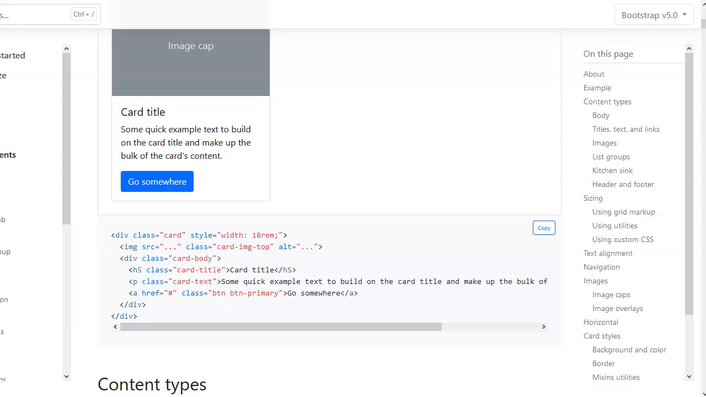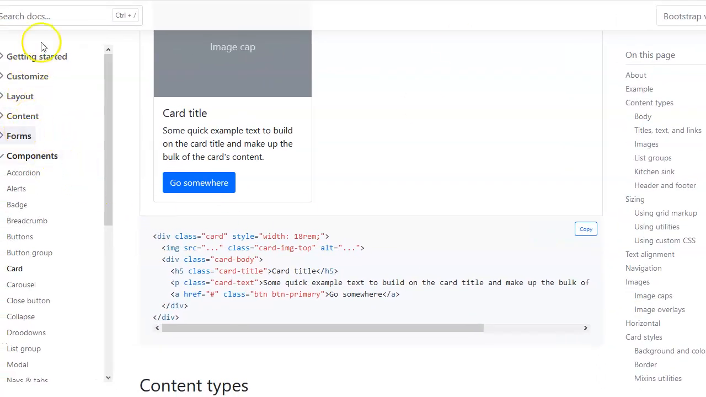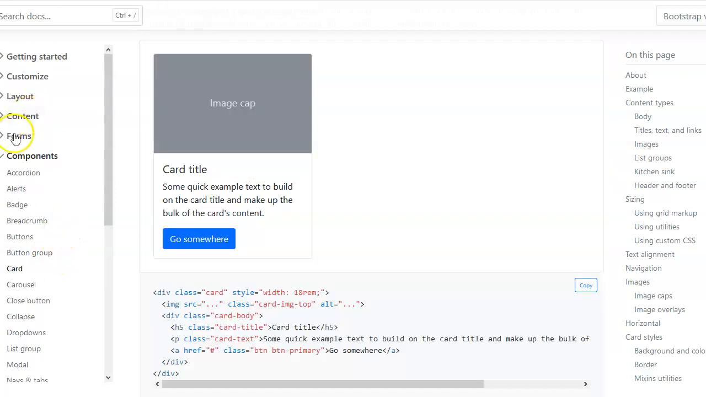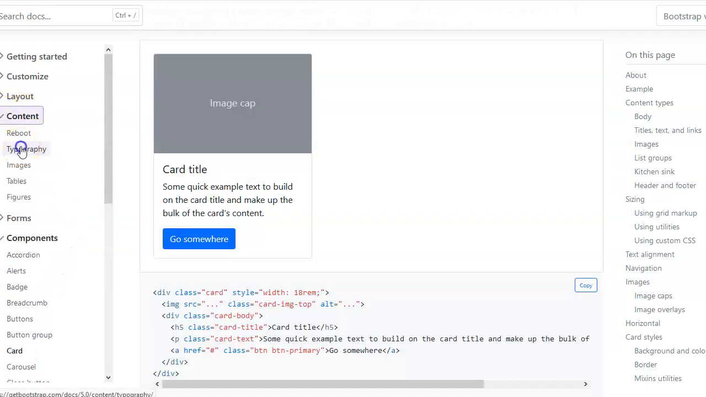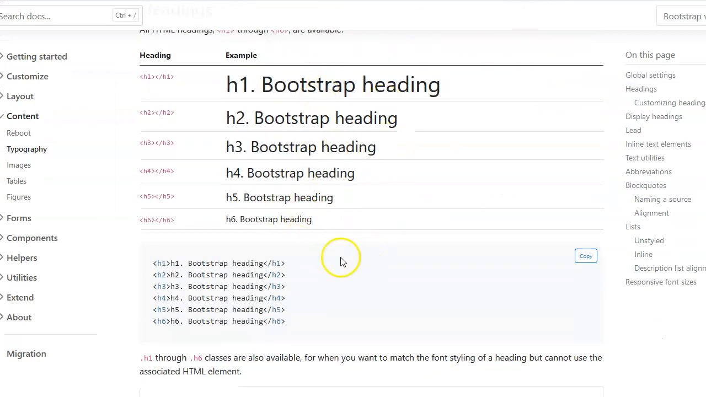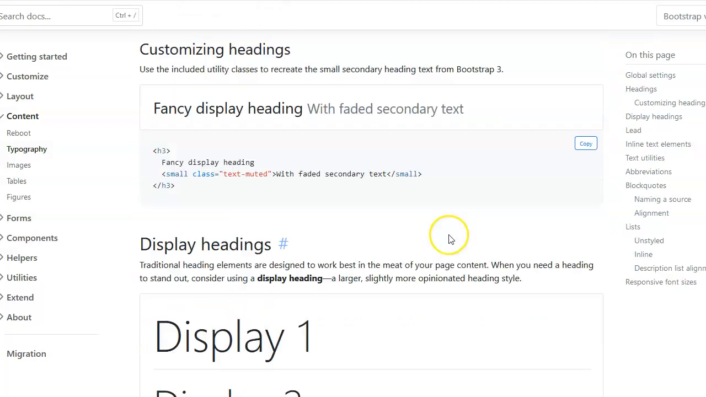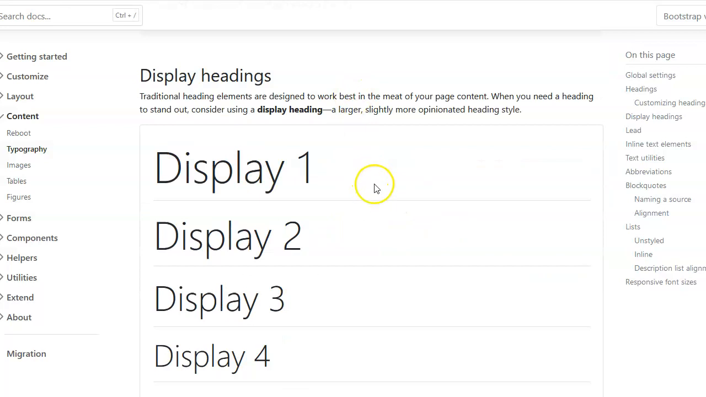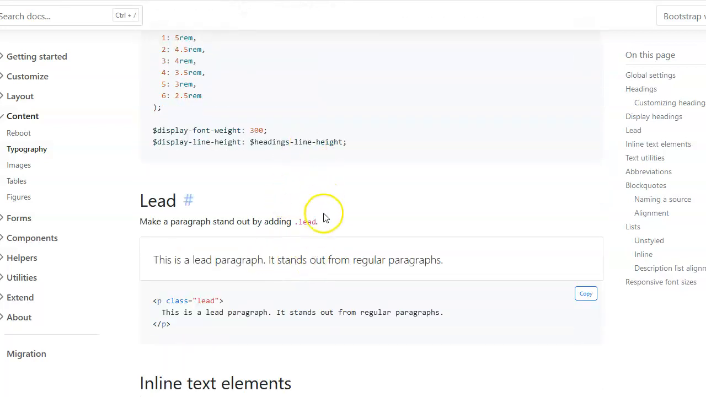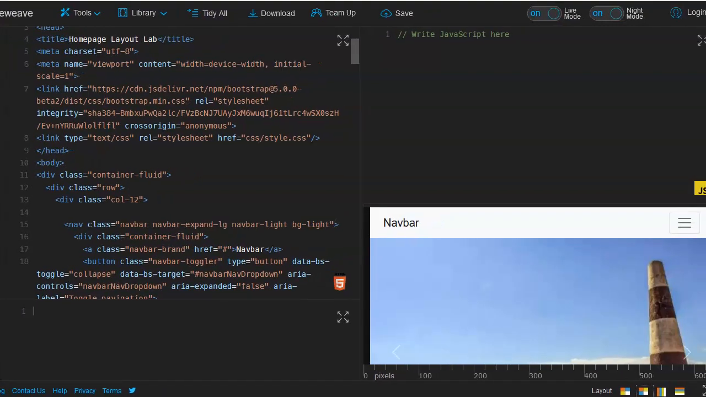By default, Bootstrap actually comes with a default layout. Where is that section? Is it content? Oh, here we go. It has its own global settings for what the headings look like and what the body text will look like. I think it's Roboto. I'm not sure, but you'll see that they already have these defaults applied to the links and everything else. But it would be nice, obviously, to have our own